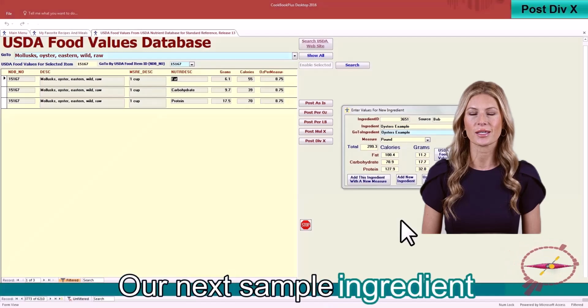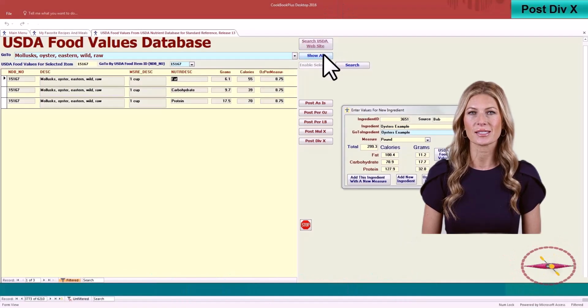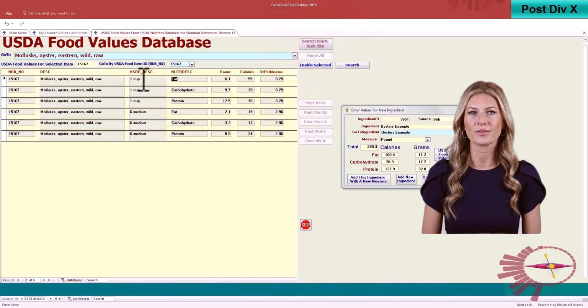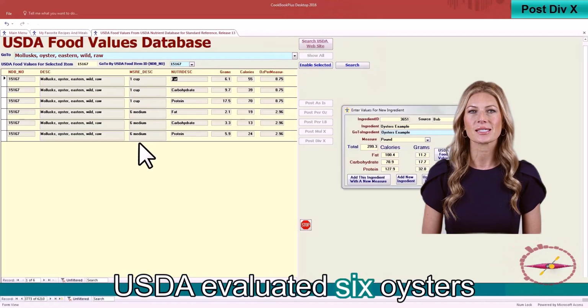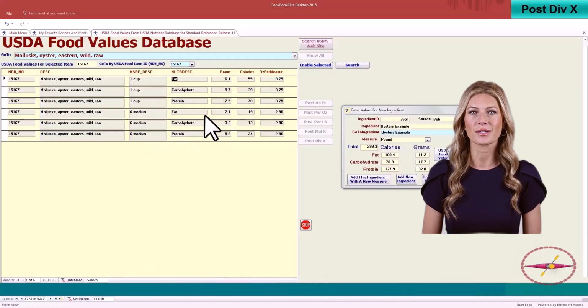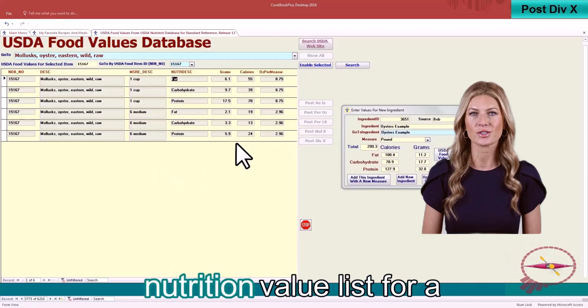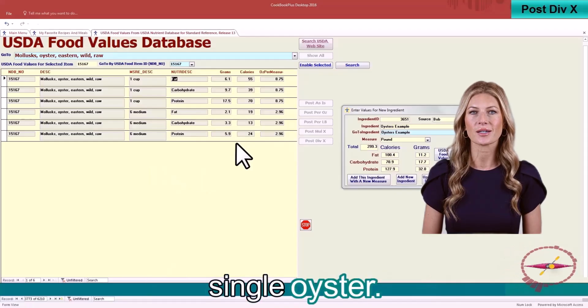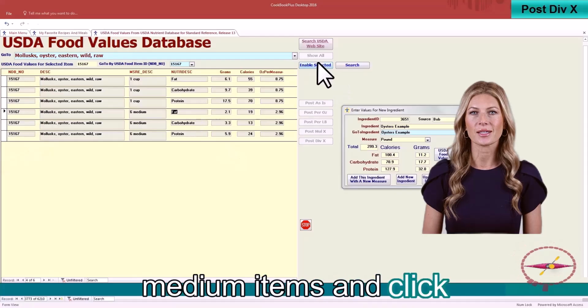Our next sample ingredient will be oysters each. We need to make an ingredient for a single oyster. Once again, click Show All. Fortunately, there's a value for measure here where the USDA evaluated 6 oysters at the same time. So what we need to do is take these numbers, divide them by 6 to get a nutrition value list for a single oyster. To proceed, I'm going to click on one of the 6 medium items and click Enable